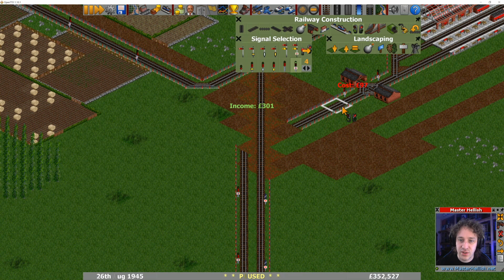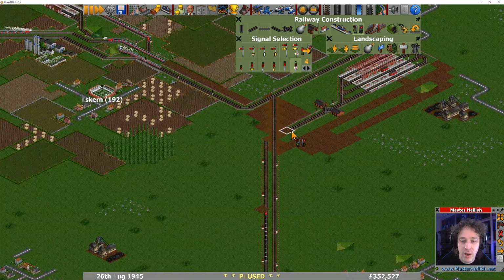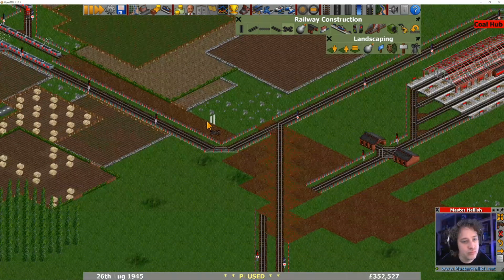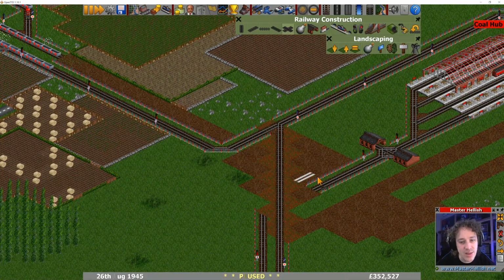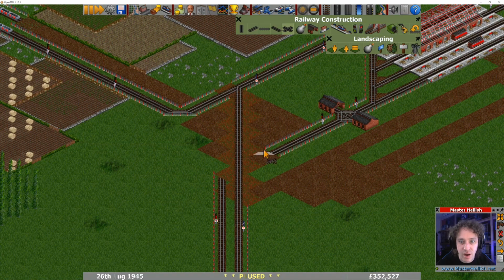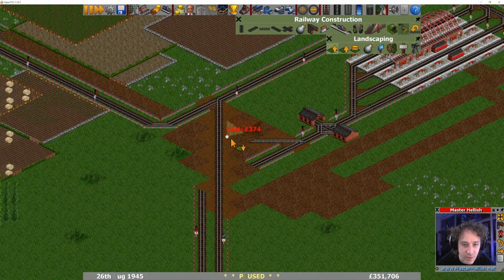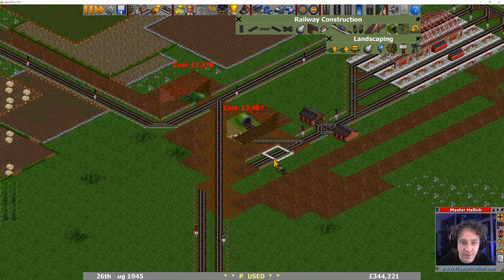We can put a signal in just there. What I'm thinking is that... or am I? Yeah, I think we might have to bridge this, but we'll see. Nope, I've got an idea, it's fine. So, we do this. We do this, and I think there's just enough room. Okay, it's going to have to go there, I think. Just enough room for a tunnel here. So if I tunnel that there,